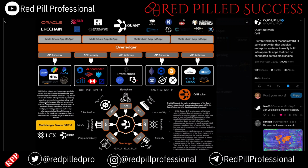They aim to achieve interoperability by enabling seamless communication, data sharing, and value transfer between different chains. It's accomplished through approaches such as atomic swaps, sidechains, cross-chain bridges, or overlay protocols. Essentially, a sidechain is an extension of the main network that's operating independently, but it's still operating within the network itself. Cross-chain bridges are where you're